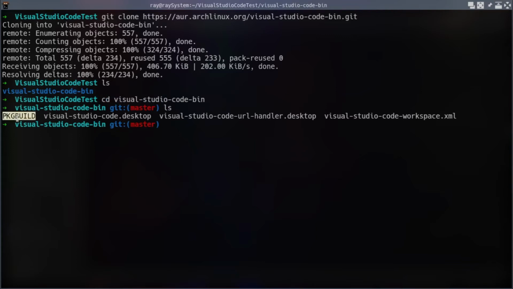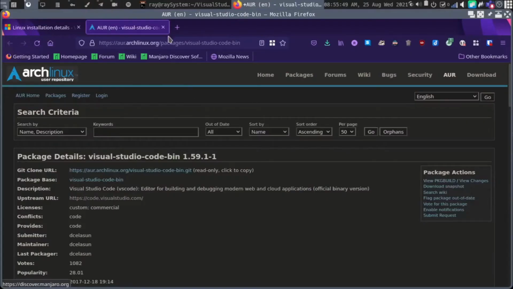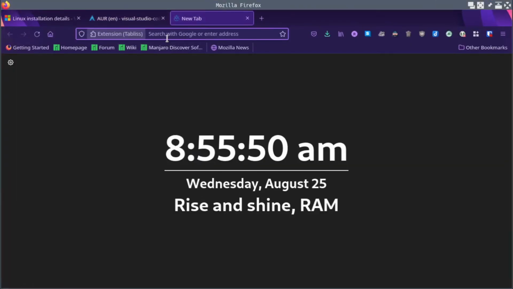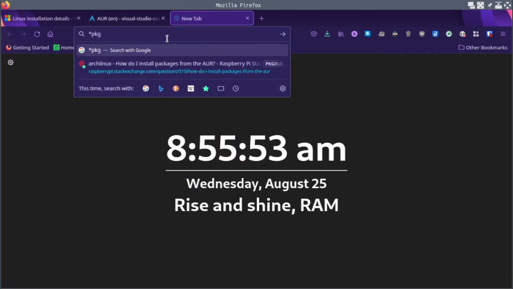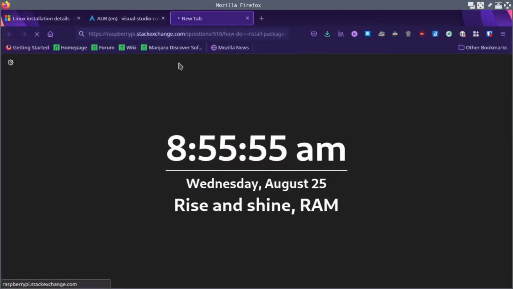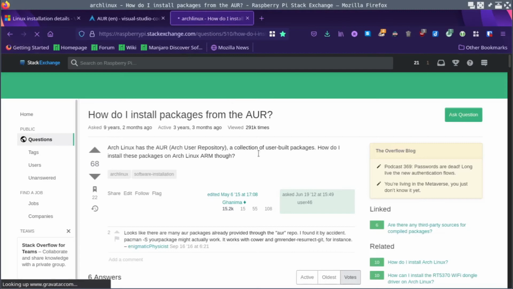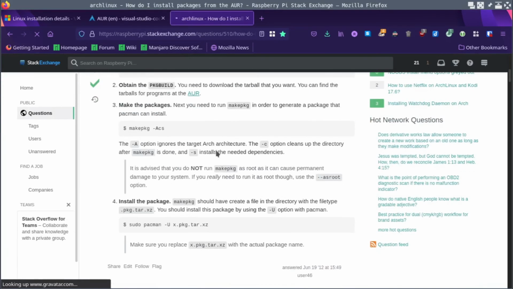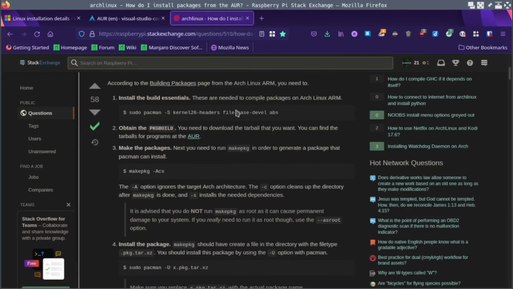Next thing that will come to your mind is how to use this PKGBUILD file to install the program. For that, I find this particular Stack Overflow question very useful. Even though in this Stack Overflow they are discussing how to install it for ARM, the same thing is applicable for any other Arch Linux distribution, normal desktop or laptop too.